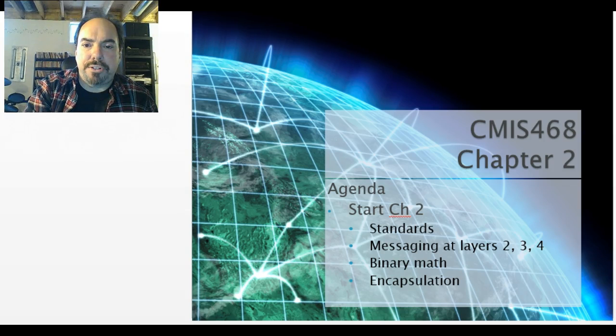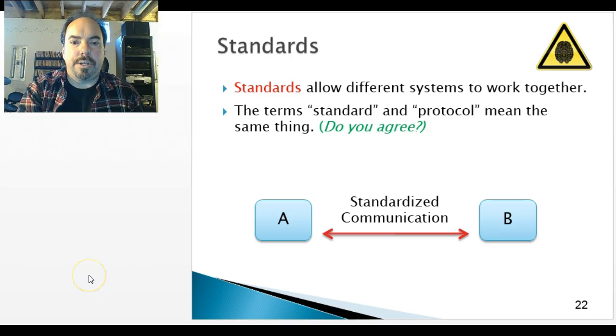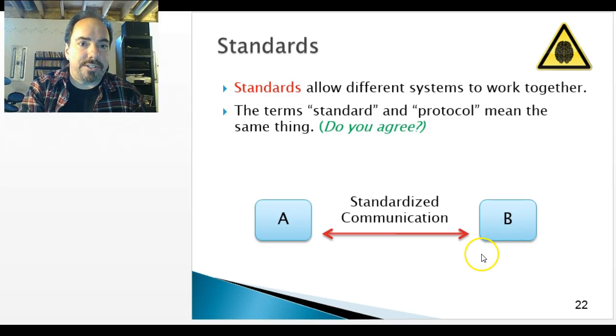Chapter 2, Standards, Messaging at layers 2, 3, and 4. We may not even get that far. I just want to set the stage with what standards are and why we have them, why they're important. The best way to talk about this, I think, is just in terms of how people communicate together. Like if you want to send a message from Tim to Tom, we have to agree on certain things. We have to agree on the language, like English, and we have to agree on syntax, because otherwise, like Yoda,